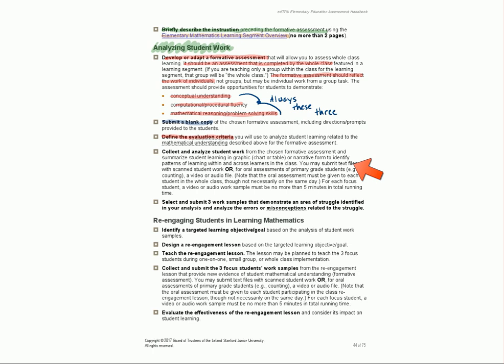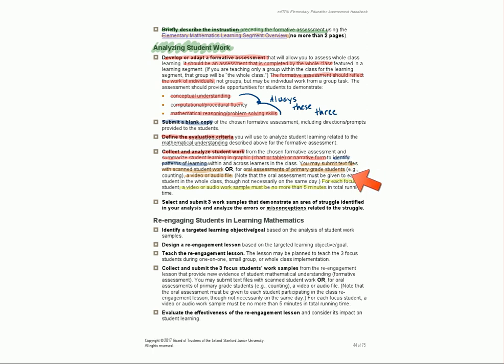Now, the big part here is you're going to be collecting and analyzing the student's work. And you want to summarize the student's learning from your analysis on some kind of graphic chart or table. You might choose to do it in narrative form. Graphics, charts, and tables tend to offer you some opportunities to look for patterns of learning that aren't necessarily as available in the narrative form, and I'll share some of that in a moment. Okay,